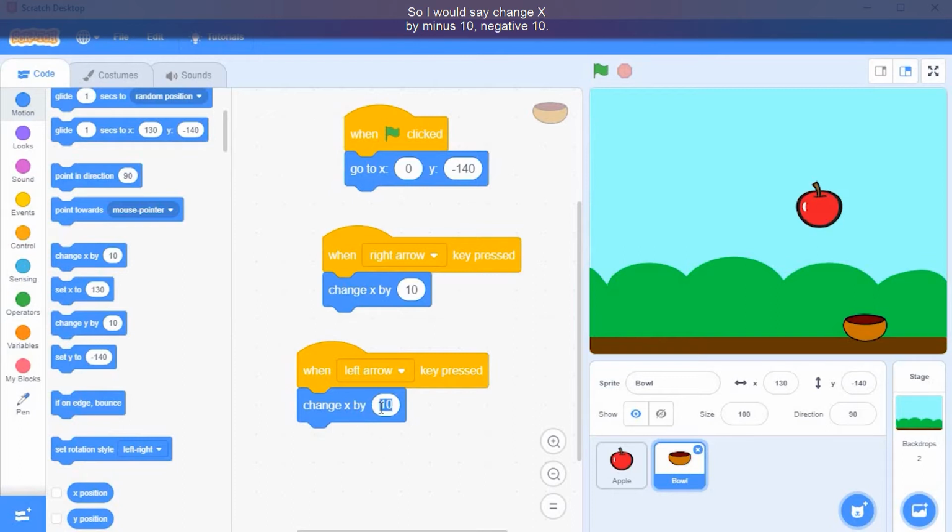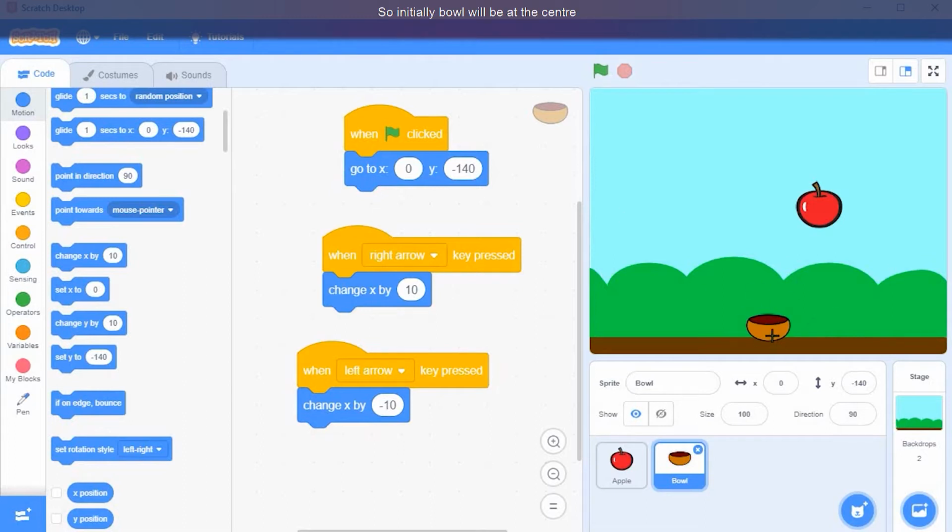So I will say change x by minus 10, negative 10. So now you can see if I press the left arrow key, it is moving to the left side and right side. When the code is getting executed, you can see it is highlighted with the yellow color.